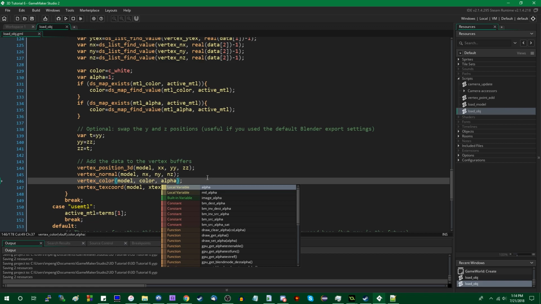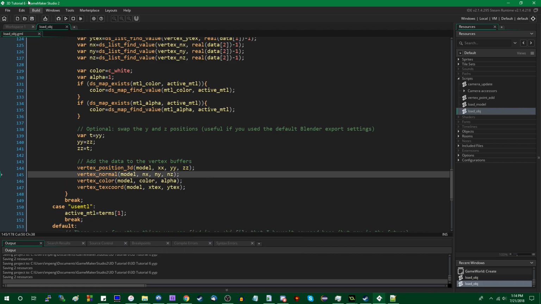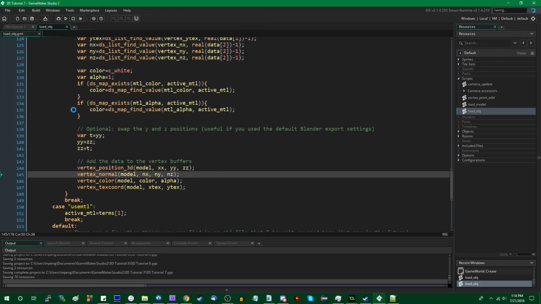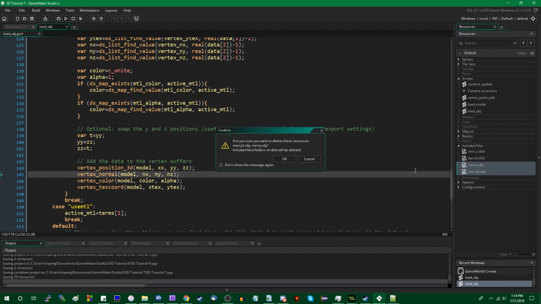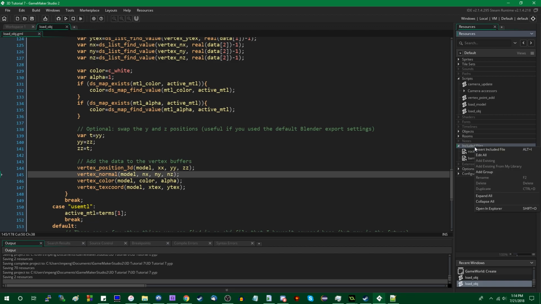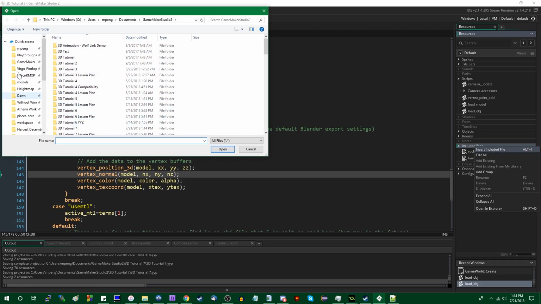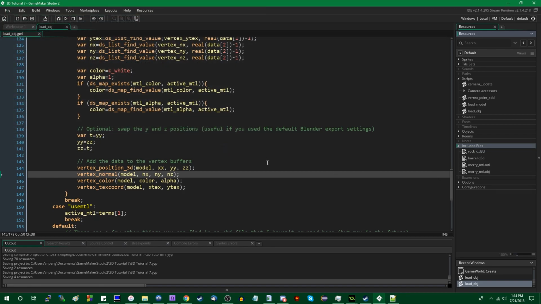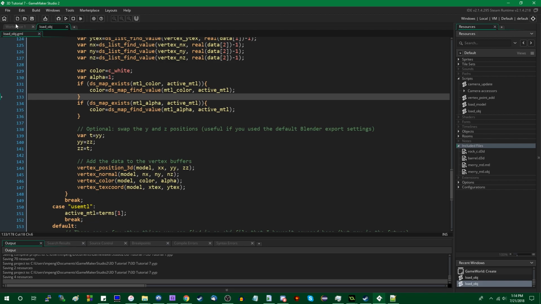Okay. I realized that I'm saving over my tutorial 6. I should do a save as. Give me a moment. This should be 7. You'd think I would have done this before. Anyway, included files. I'm going to get rid of these two. Yes, we can safely delete those. And I'm going to add 2 more included files. And that is going to be the material MTL, Mary MTL. And now, when I go back into the